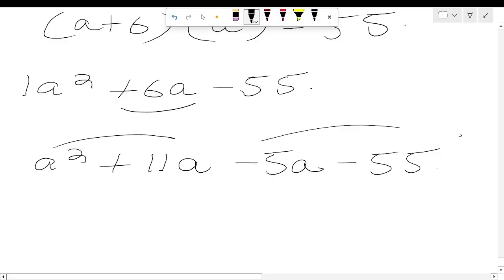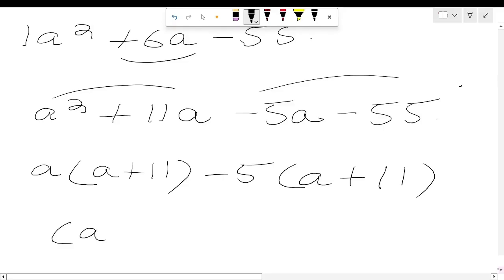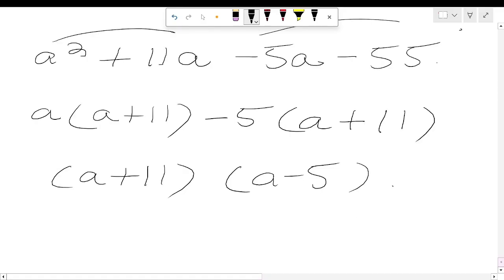So what is the common between these two terms? It is a bracket a plus 11, and then I'll take the common value between these two. It will be negative 5, and then I'll have a minus plus is positive 11. So the first factor will be a plus 11 and the second factor will be a minus 5. Now I found these two factors, but the expression isn't just complete quite yet, so I need to place back